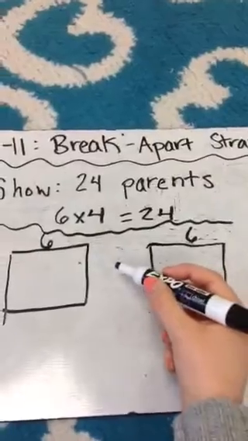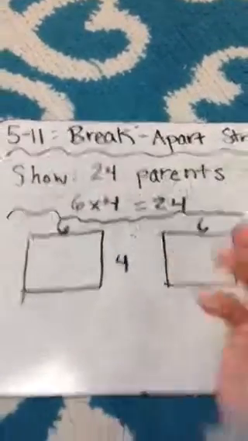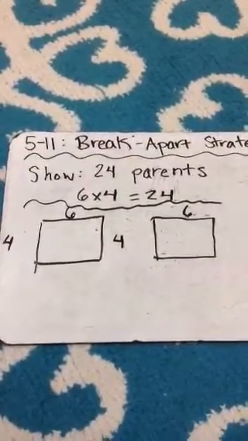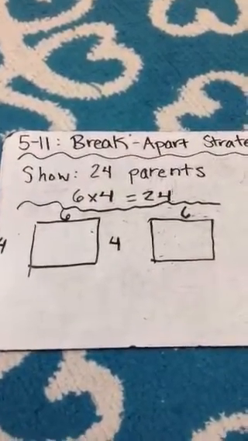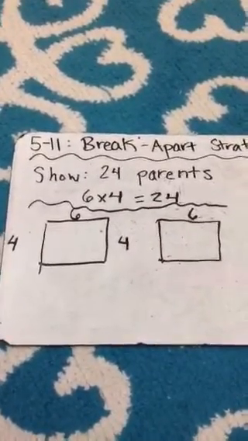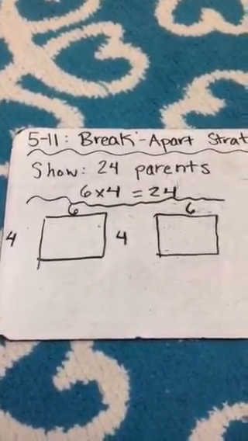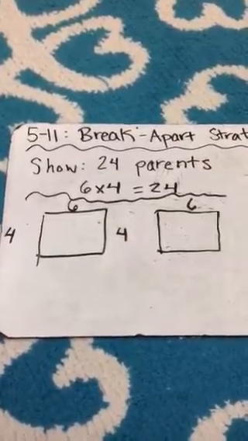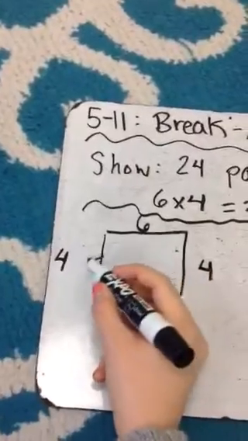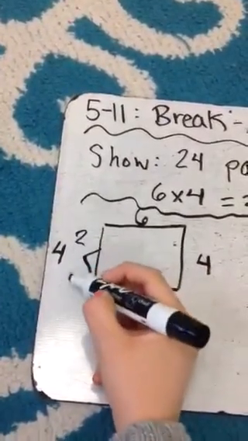But like I said, I want to make sure that we organize it in two ways to figure out which way works best. So no matter what, my 6 is not going to change. We want to have 6 parents in each row. But we're going to change the way we organize them. So let's start. How can I organize 4? I'm not changing my 6. I guess one way I can organize 4 is I can organize it into 2 and 2,